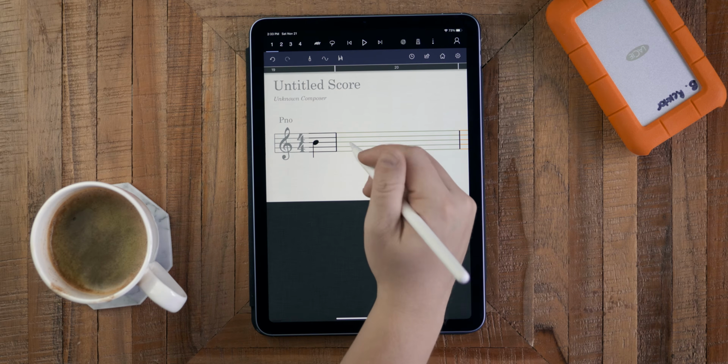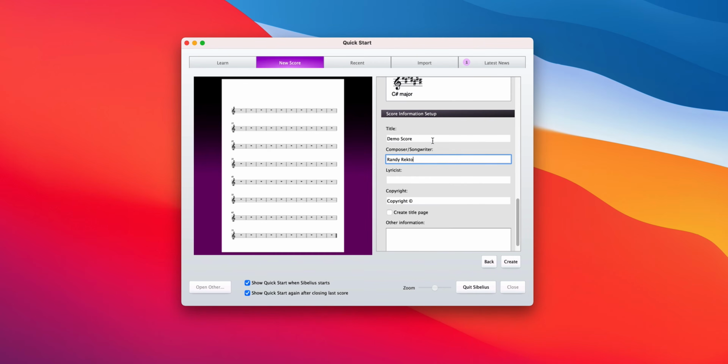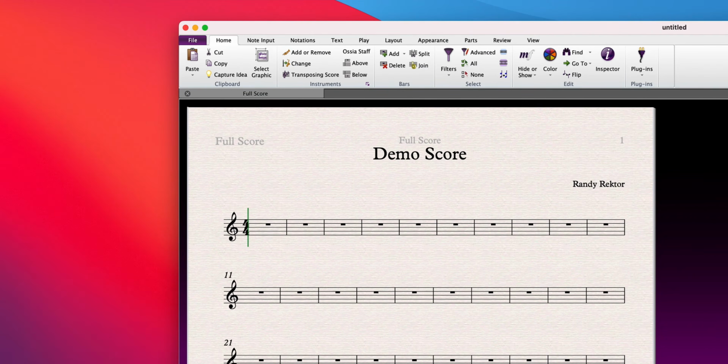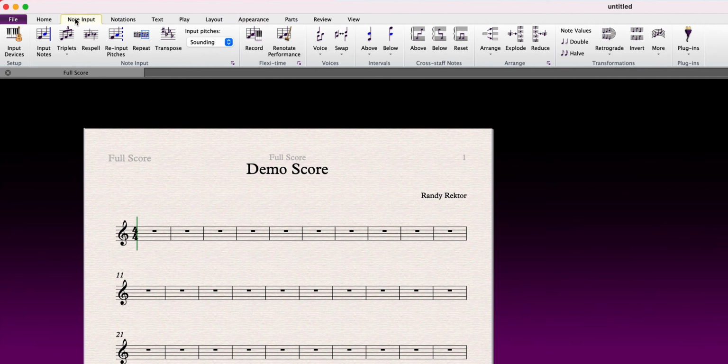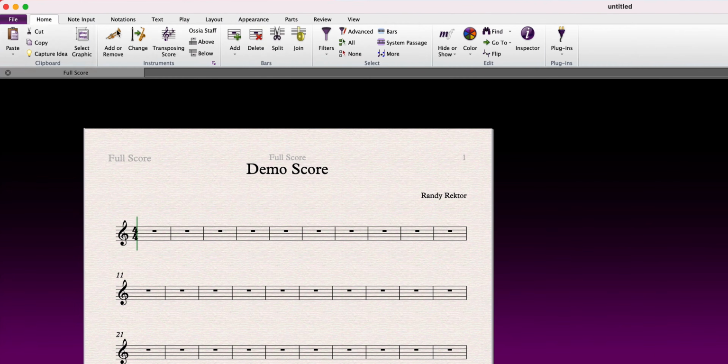In this video, I'm gonna be comparing to Sibelius a lot. Sibelius is what I use as my daily driver. It's how I arrange charts. I'm very familiar with it. And to be honest, I think Sibelius is a bit of a dumpster fire. I think that the company forgot that they make an app,